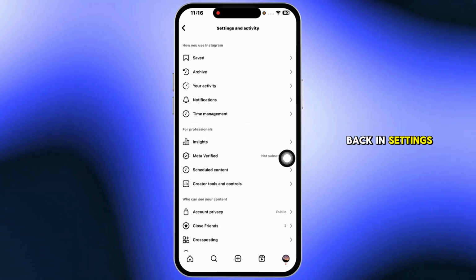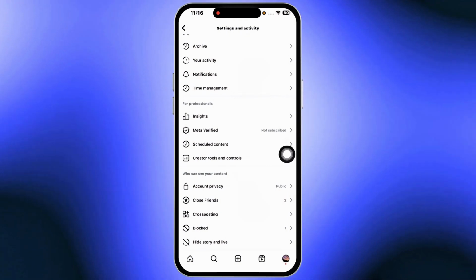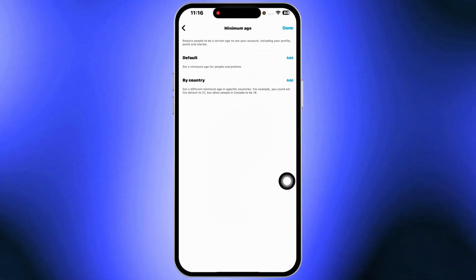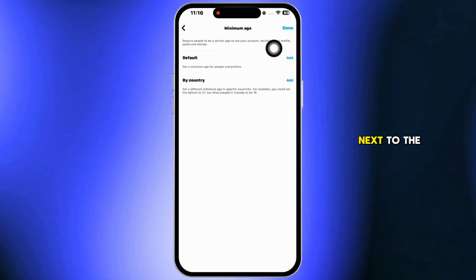Now, once you're back in Settings, scroll all the way down to Creator Tools and Controls. Here's where the magic happens. Tap on Minimum Age. To remove the minimum age restriction, just click on the Remove button next to the default